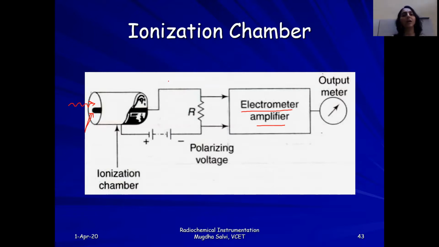It will, on average, tell you the total radioactivity, but that does not occur with the proportional counter. In the proportional counter, pulses will be generated in proportion to the energy of the radiations that are entering. We will see that in detail, but we will take a break now and continue after 10 minutes.